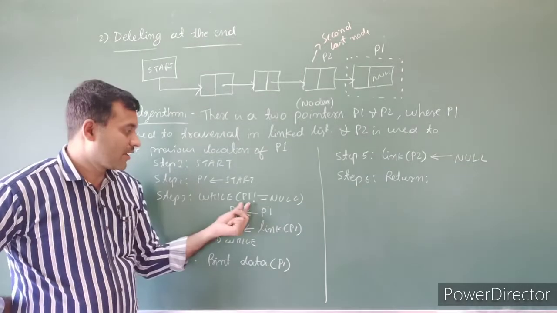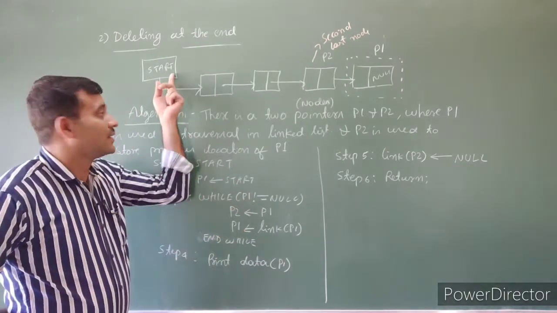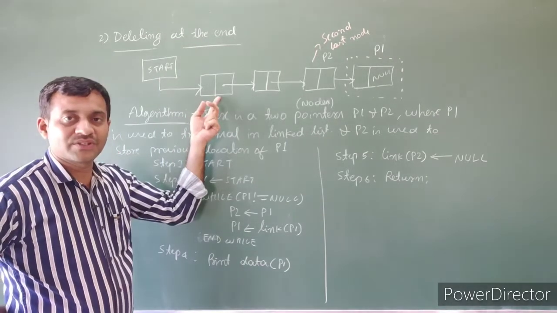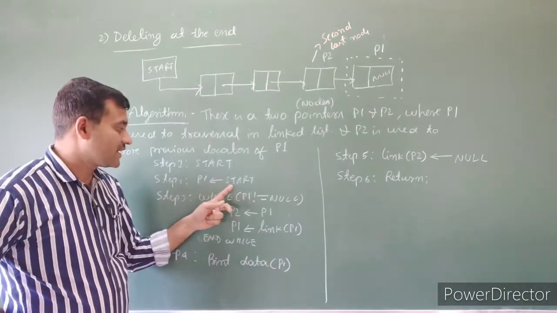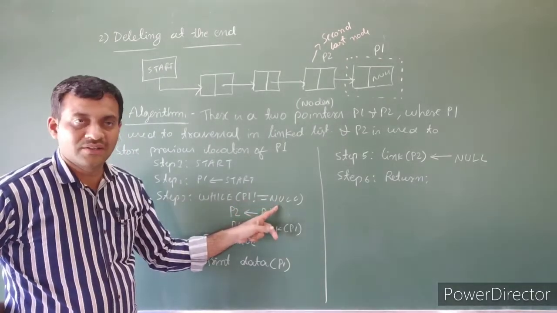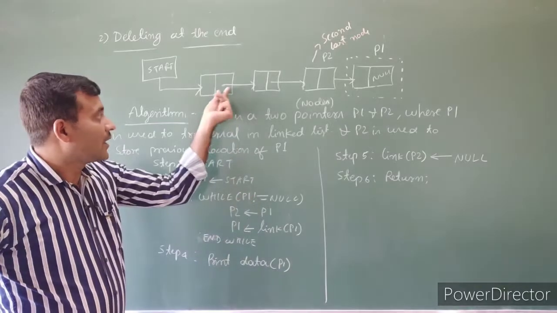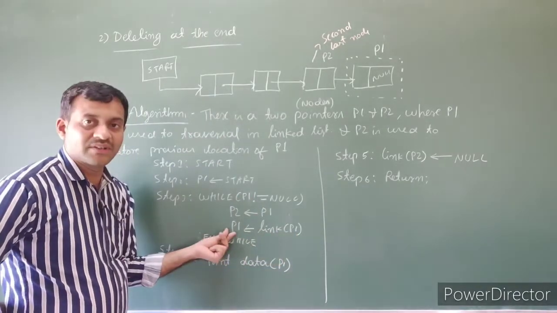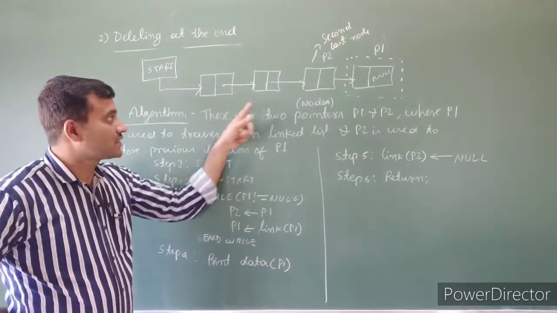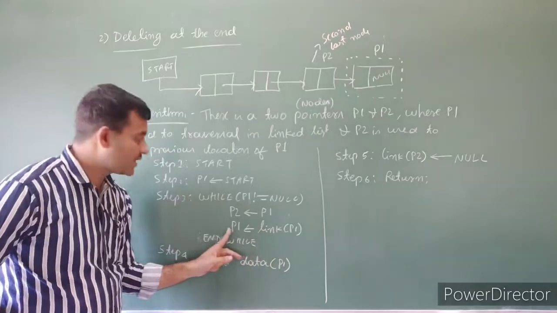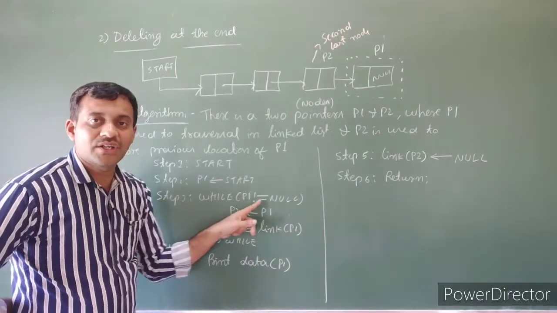In a linked list, we have to start with a pointer, start. The pointer start identifies the address of the first node. Here we assign the address of the first node to P1. We verify P1 is not equal to null. If it is not null, we access the link part of P1 and assign it to P1. But the link part of P1 stores the address of the second node, so we assign the second node address to P1. Again verify that it is not equal to null.